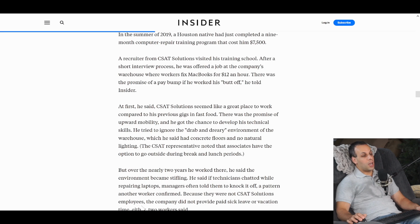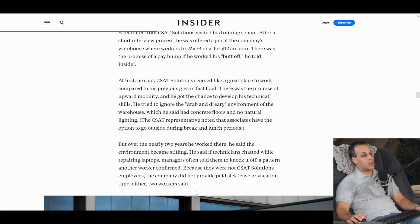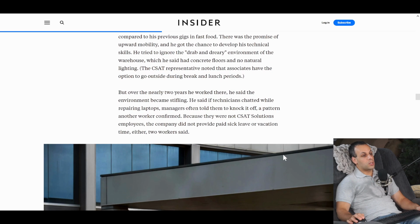He said if technicians chatted while repairing laptops, managers often told them to knock it off, a pattern another worker confirmed. Because they were not CSAT Solutions employees, the company did not provide paid sick leave or vacation time either, 2 workers said,